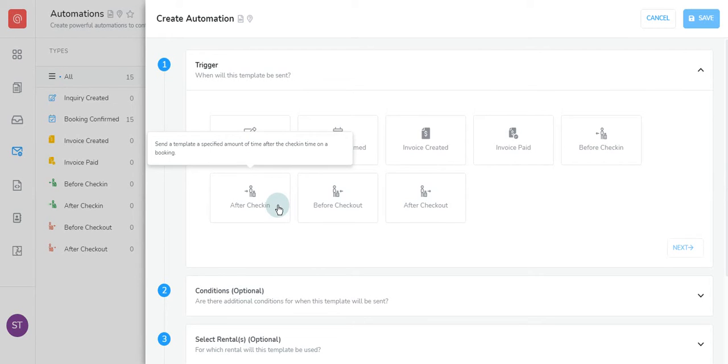An after check-in trigger fires a specified amount of time after the check-in of a booked stay in one of your rentals. This is ideal for situations where you need to send a document days or hours after a booking starts. Before checkout. A before checkout trigger fires a specified amount of time before the checkout time of a booked